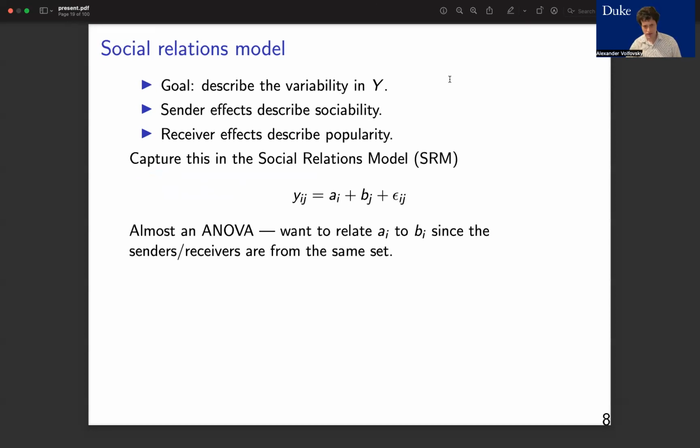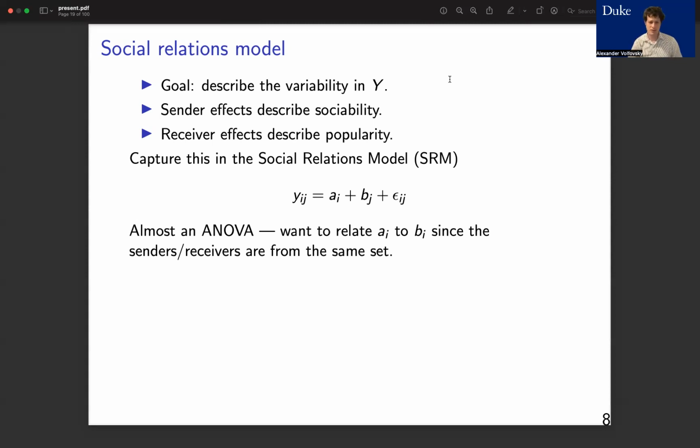Our first order model that is going to help us deal with some of this excess dependence that was not captured when you just assumed that all of the errors are independent thinks about the network in terms of senders and receivers. And you can give an actual interpretation to these parameters. So sender effects are about sociability. If I have a big sender effect, then I am a very social person. I want to make lots and lots of friends. And receiver effects are about popularity. If my receiver effect is very big, it means that lots of people want to connect to me, no matter